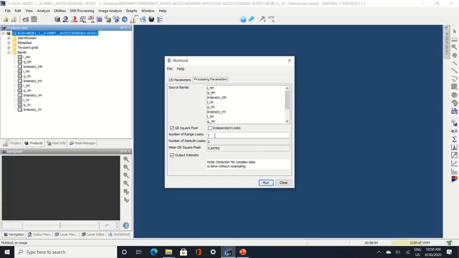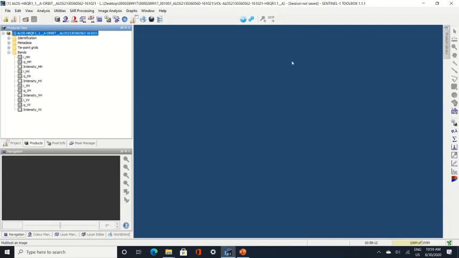Range gives you the number of samples, that is columns, and azimuth gives you the number of lines, that is the number of rows. Now we'll close this Sentinel toolbox and open PolSARpro.